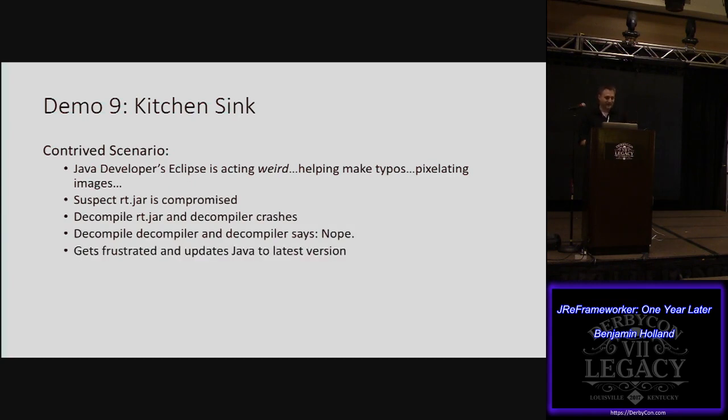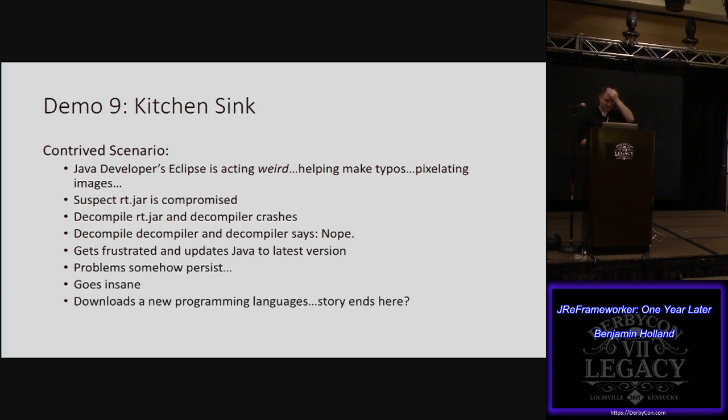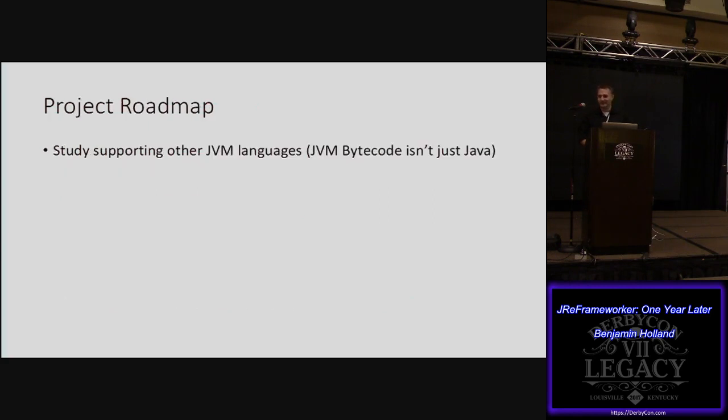And we update our Java, and we're saying a whole new programming language and Java forever. I don't think so. Because studying the JVM, the code isn't just Java anymore. There's a lot of languages that Java virtually